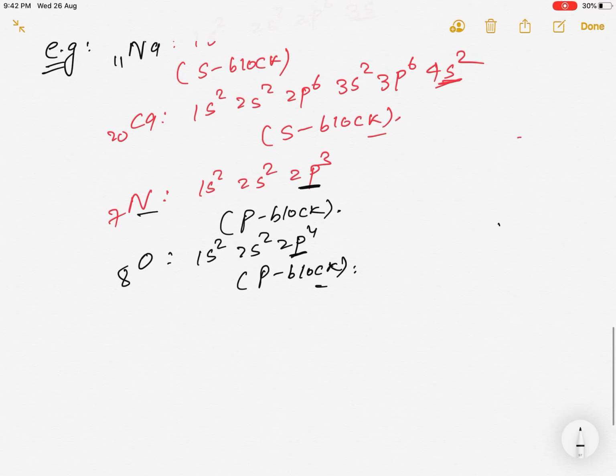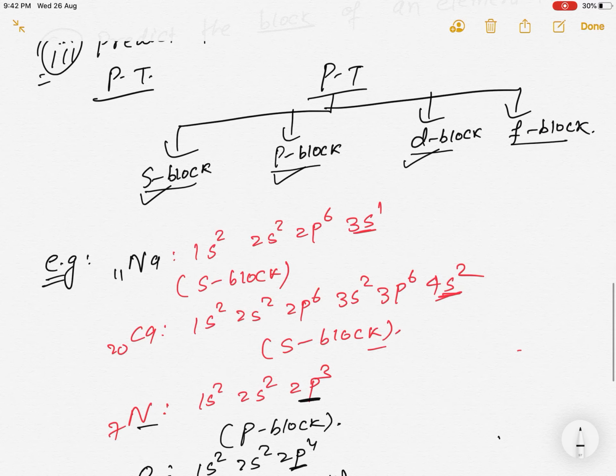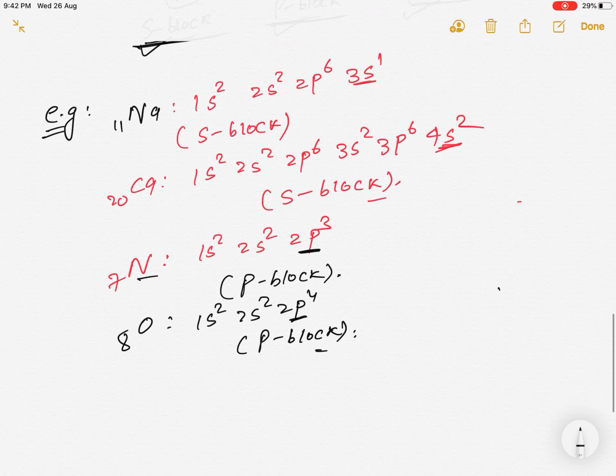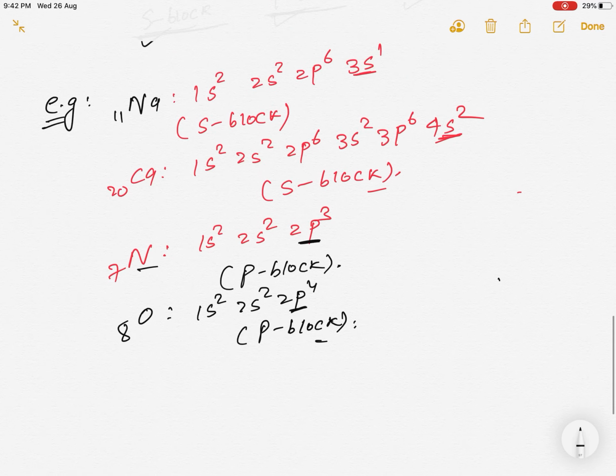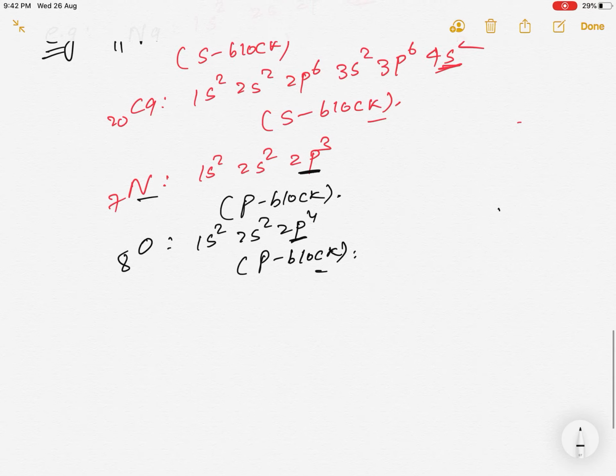Right? Now, for NSEJS and NTSE, knowledge of the S block and P block is sufficient. We will deal with the D block and F block when you are studying for NEET and IIT-JEE in class 11th and 12th. But for knowledge, you can keep in mind that if the last electron enters the D subshell, we will call it a D block element, or if the last electron enters the F subshell, we will call it an F block element. So that is how you identify the block of the element.